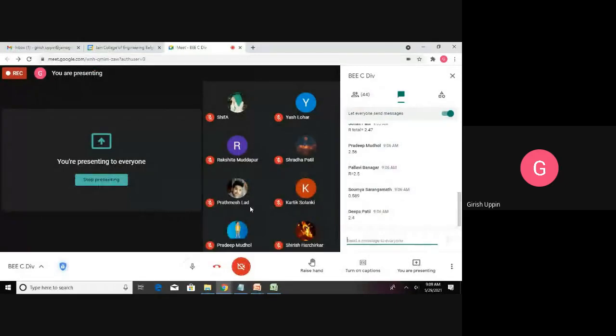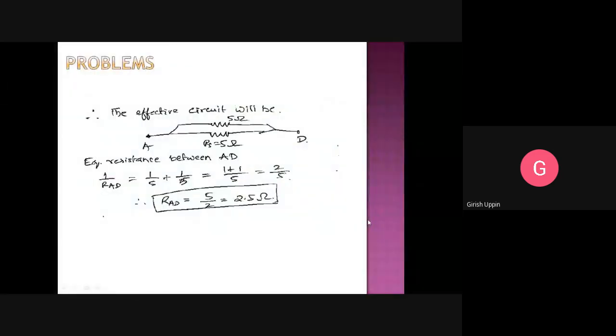Okay. Many people have, okay, Pallavi. Okay. Pradeep, just check how you got 2.56. Some values are 2.47, 2.56. Maybe it is the rounding errors. Yes, that is fine. Okay, all of you, please make sure that whatever calculations you did, if there was a mistake, make corrections and get to the right answer.